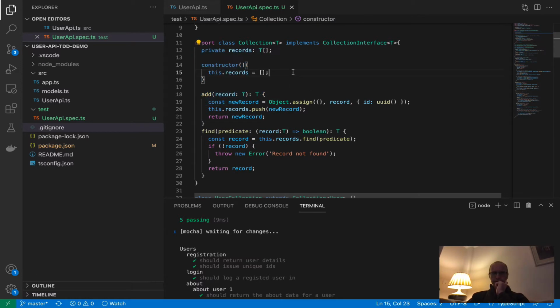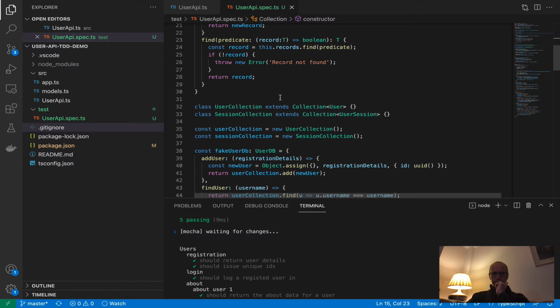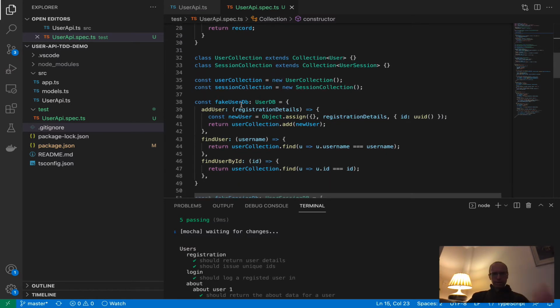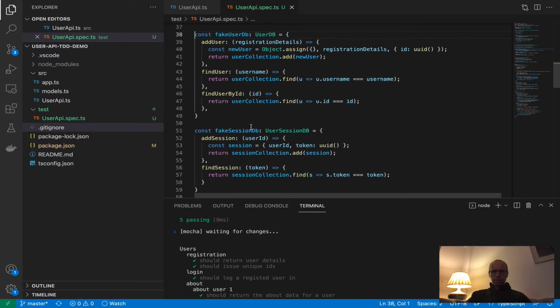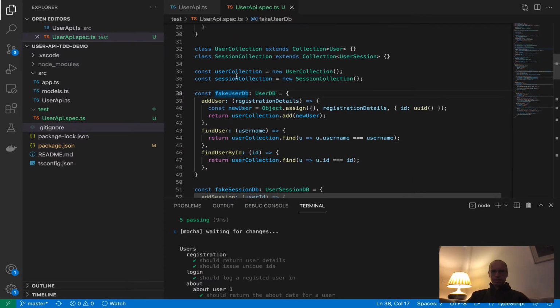The collection is the fake thing. Well, anyway, let's just work that through and see what we can come up with. I reckon we can do this. So let's refactor that and call that